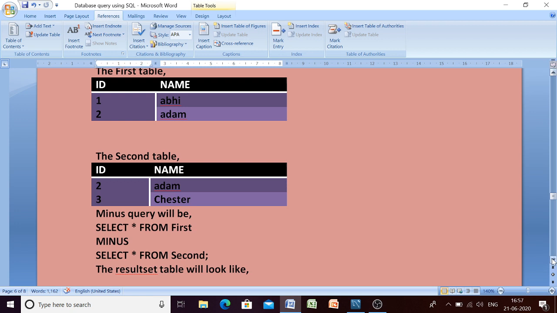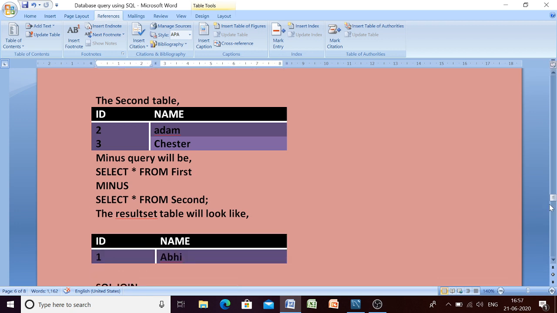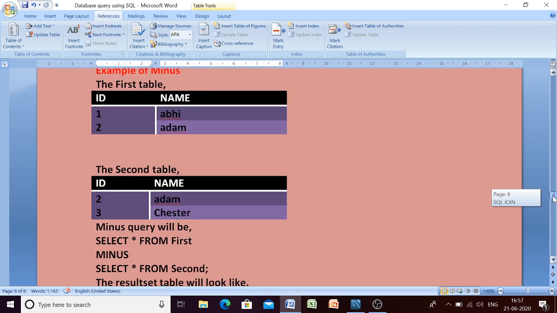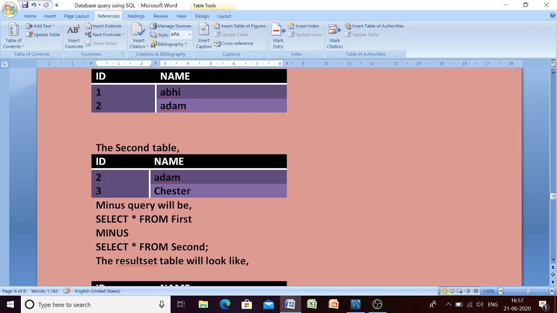We will have in the result the record which is in the first one but not in the second one. Which record is in the first table but not in the second table? Very obviously this one, 1 and Abhi, because this belongs to the first table but not the second table.